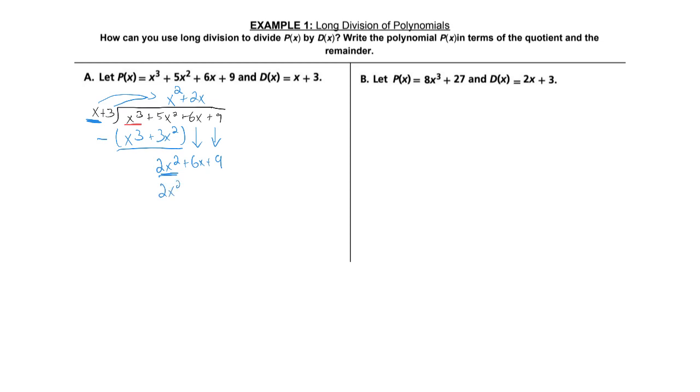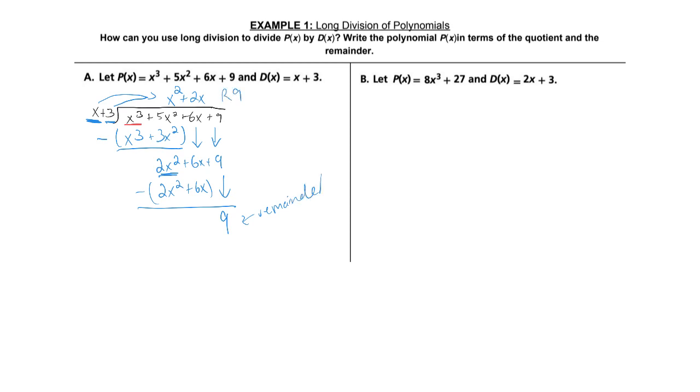So I get 2x squared from x times 2x, and then 3 times 2x gives me 6x, because I multiply the second term by 2x as well. Now, subtract these, we get 0, and then we also get 0. So now we bring down the 9,